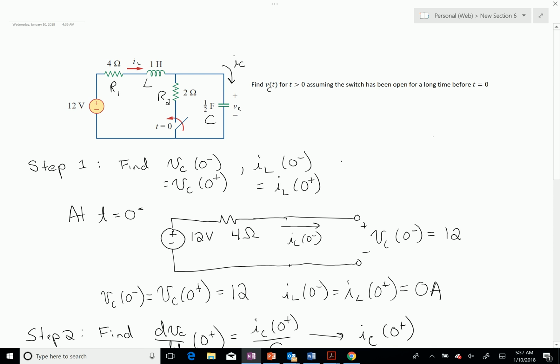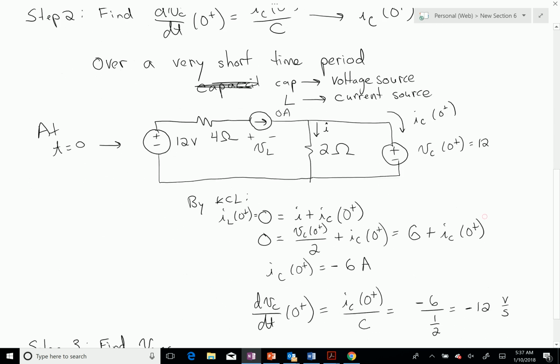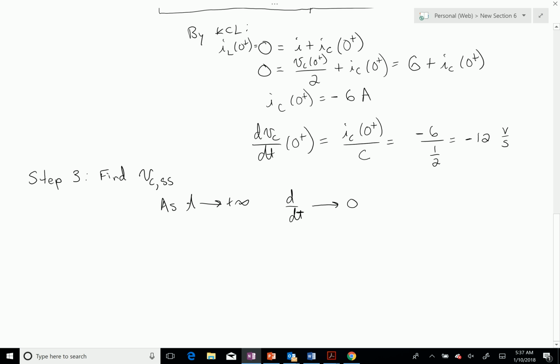So I know the inductor is a short, and the capacitor is an open. So if this switch is closed, then at time t equal to infinity, I have just a voltage divider consisting of my 4 ohm R1 and my 2 ohm R2. So my steady state circuit is